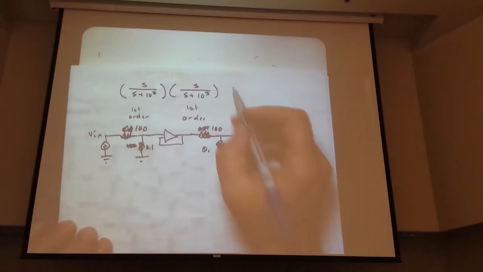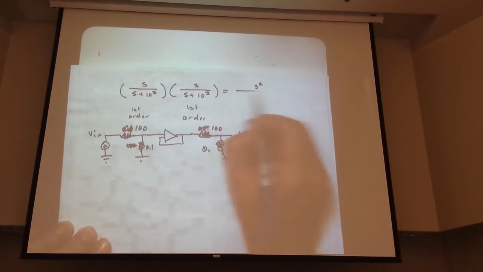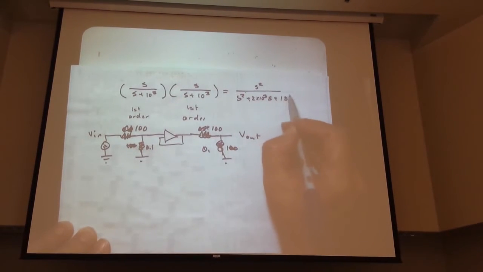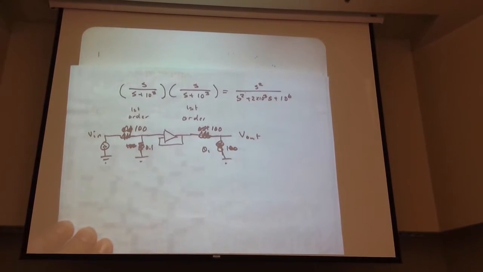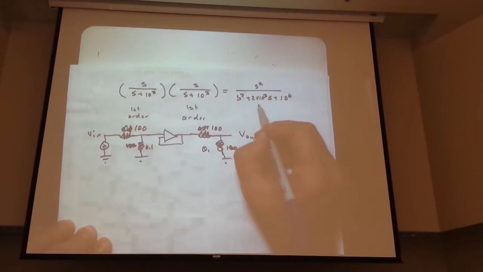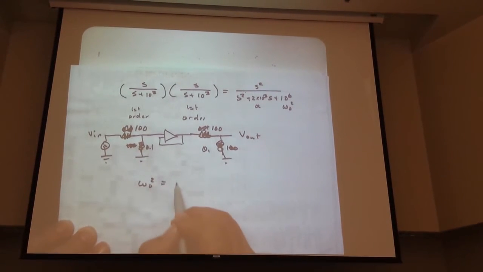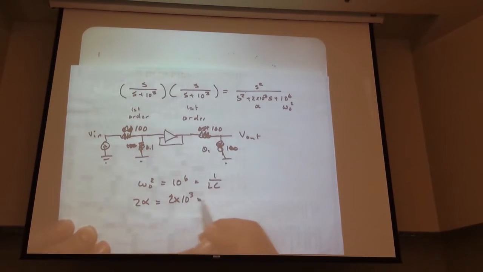So, alternatively, we could write this as s squared plus 2 times 10 to the 3 s plus 10 to the 6, right? Those are the same thing. And if we treat this as a second order RLC circuit, here's alpha, here's omega naught squared. Omega naught squared equals 10 to the 6, which equals 1 over LC. And alpha, this is an RLC series circuit. 2 alpha equals 2 times 10 to the 3, which is R over L. And so we can build this